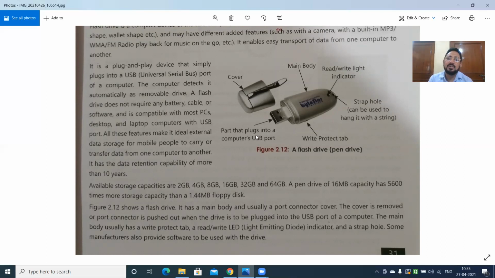Write protect tab, part that plugs into a computer USB port. Okay. Next is this figure I have explained. LED light is there and also. Next is your